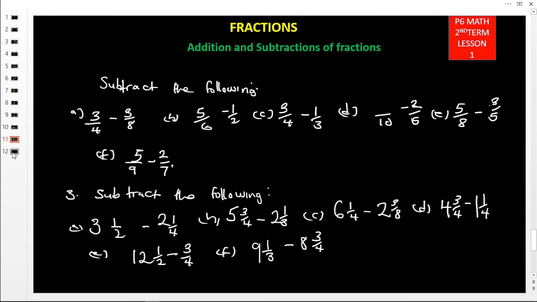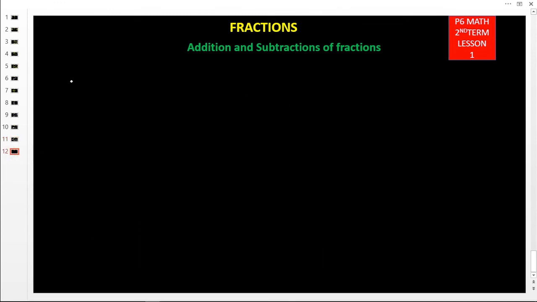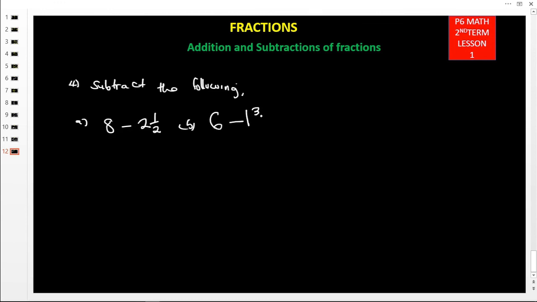Let us go to number 4. Number 4, it is telling us to subtract still. Subtract the following. This is part A. It is 8 minus 2 and a half. Then B, it is 6 minus 1 whole and 4 quarters. Then C, 10 minus 3 and a 7th. Then D, we are having 6 minus 2, 7 out of 8. So our number 5, it says